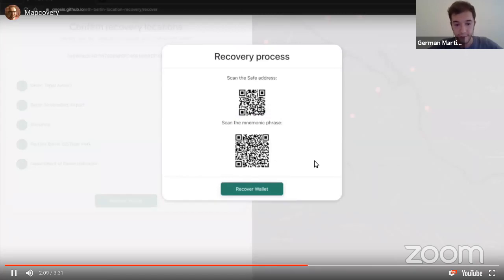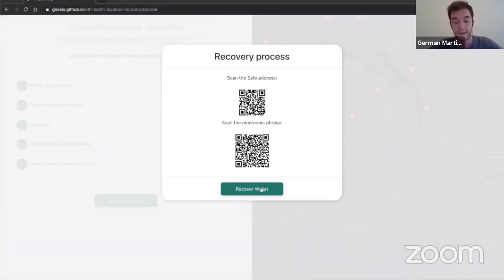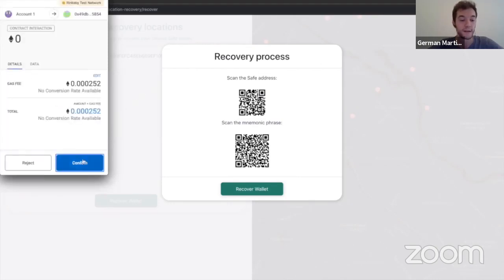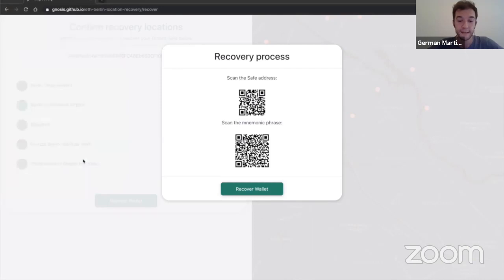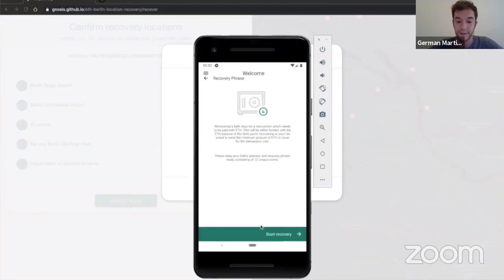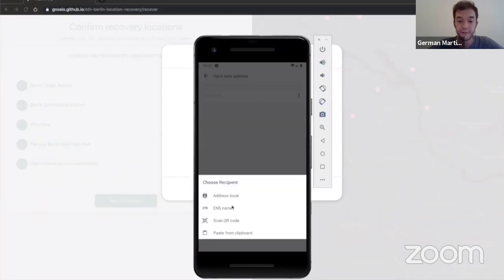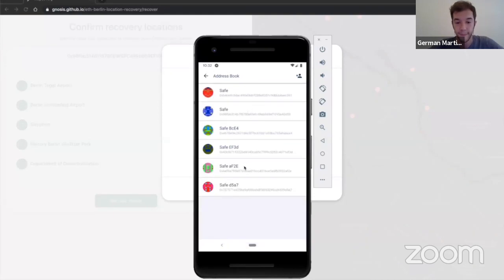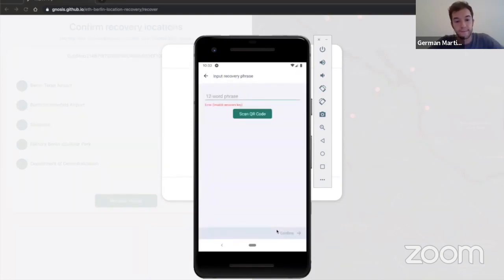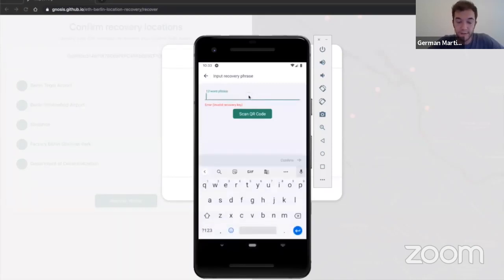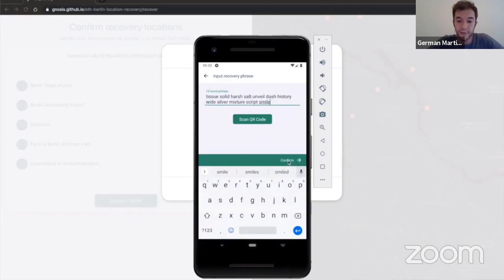Okay, so right now we need to trigger the recovery transaction signed with this private key we generated. And that mnemonic phrase is the new recovery phrase we need to keep. So if we go back to the phone and we recover a safe, we can scan these QR codes in the web app, like the safe address and the recovery phrase.